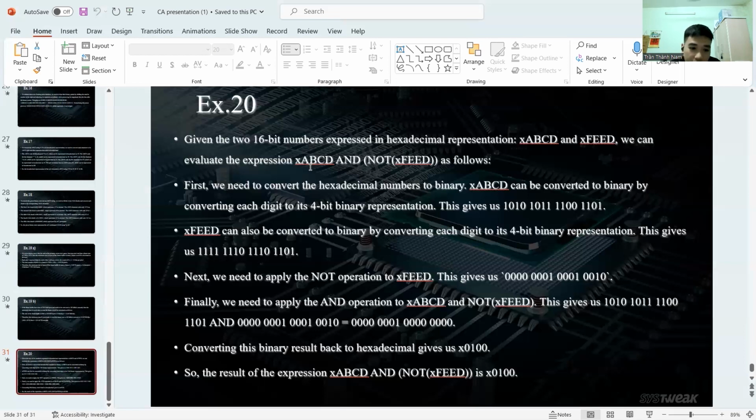xFEED can also be converted to binary as 1111 1110 1110 1101. Next, we need to apply the NOT operation to xFEED. This gives us 0000 0001 0001 0010. Finally, we need to apply the AND operation to xABCD and NOT xFEED. This gives us